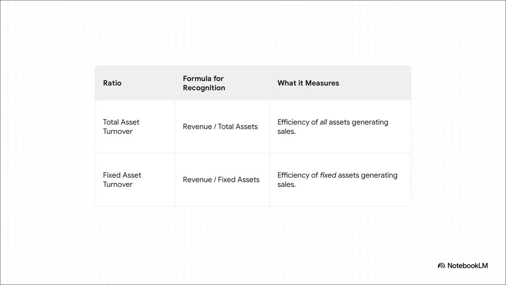Okay, here's a huge test-taking tip for you. If you see a formula on your exam that has revenue or sales on top and some kind of assets on the bottom, chances are extremely high that you're looking at an activity ratio. Total asset turnover looks at everything, while fixed asset turnover just zooms in on the big-ticket items like property and